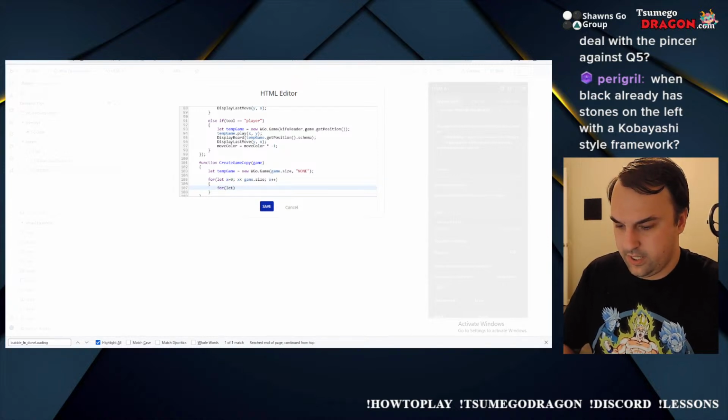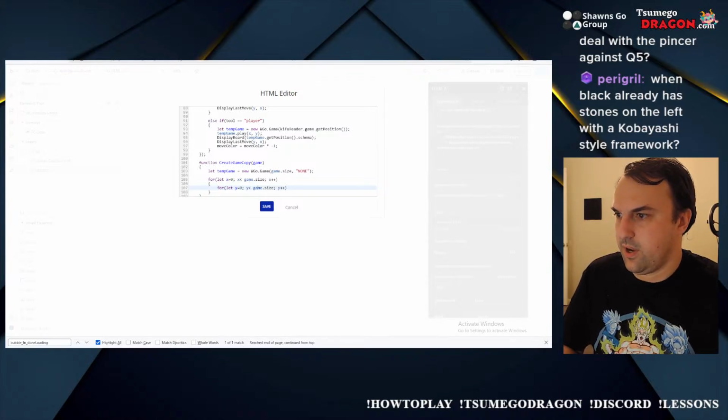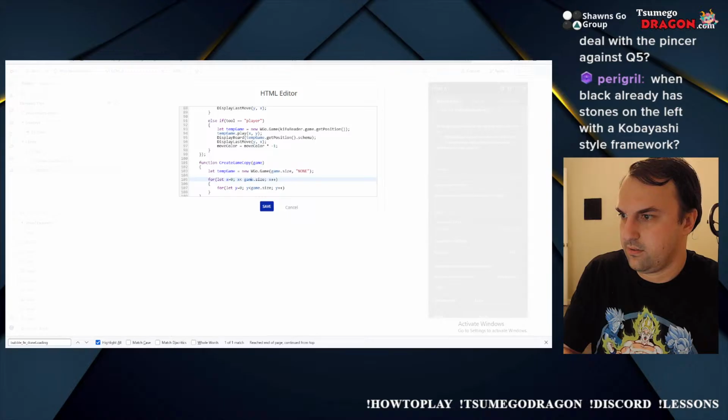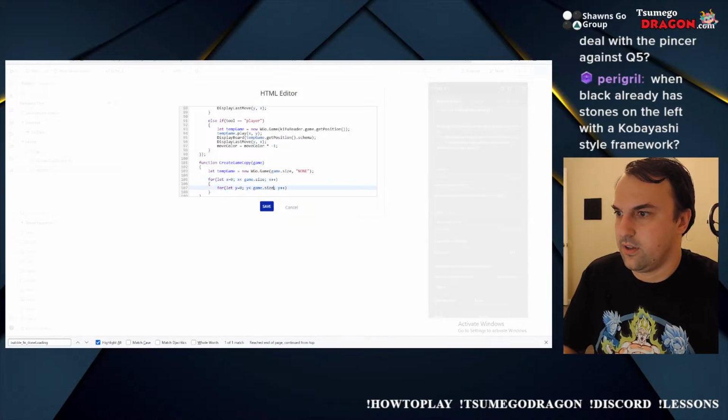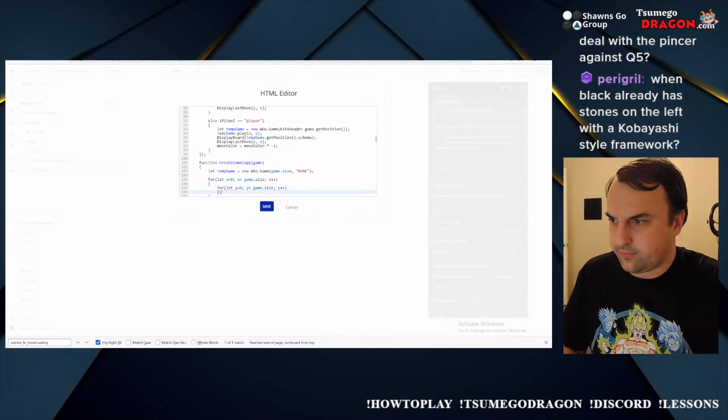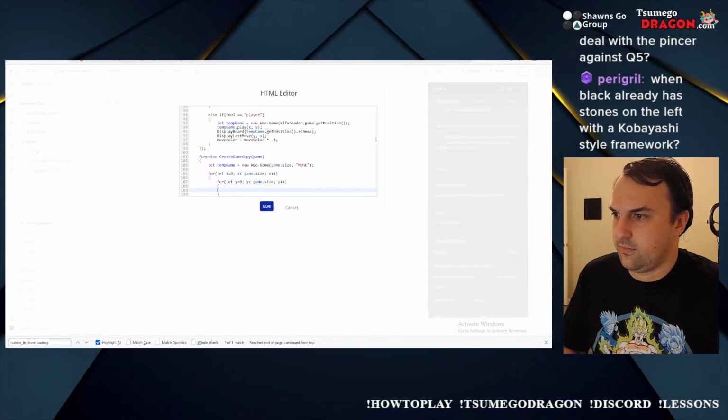For let y equals 0, y less than game.size, y plus plus. I don't know why I put a space there. I don't need a space there. Or maybe I do. It's easy to read. Okay, so now we're going to say